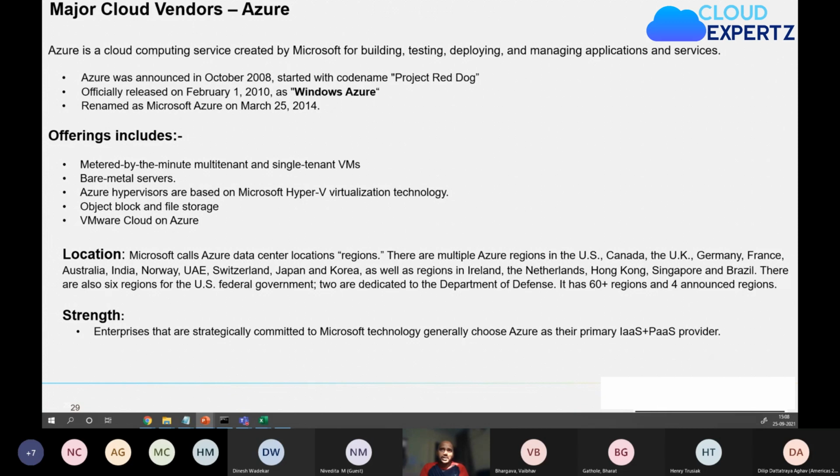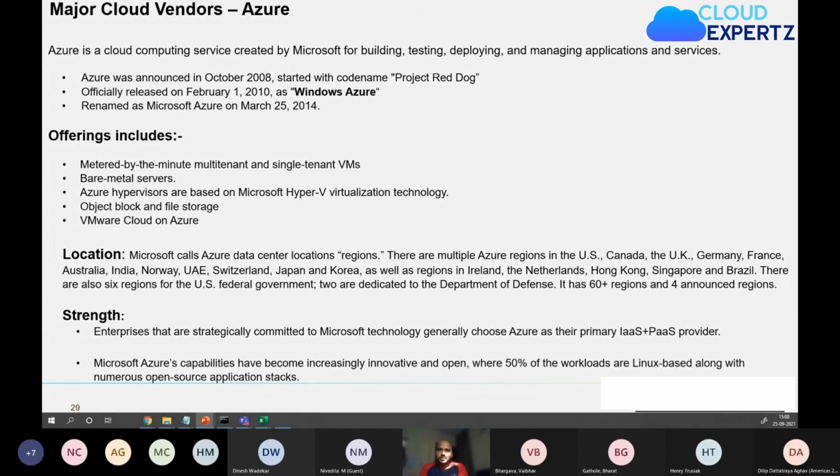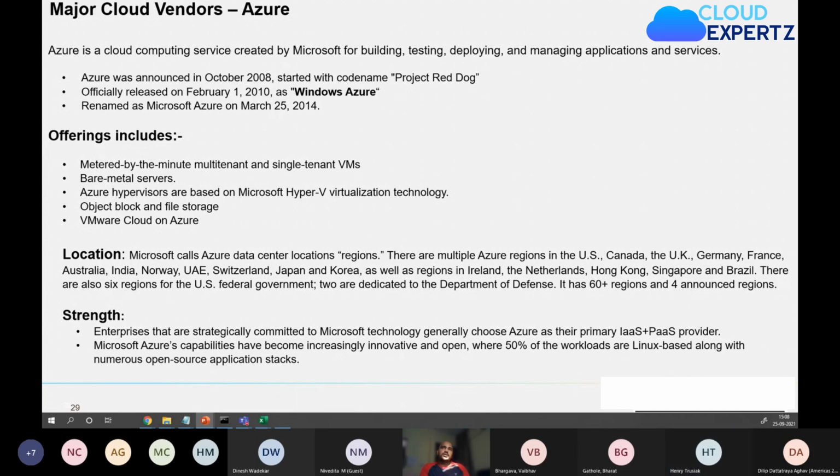Azure also has those dedicated regions for them. Strength. Now this information has been taken from the Gartner website. On the Gartner website, you can get this information for all the clouds, and Gartner provides it in detail. I've only taken an excerpt of this information and put it into a slide deck. But on the Gartner website, you will get detailed information in terms of what the strengths are, and it